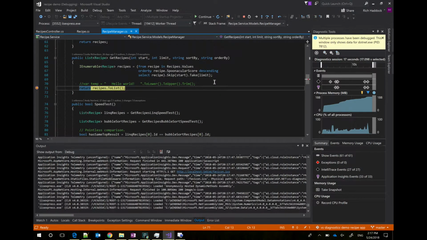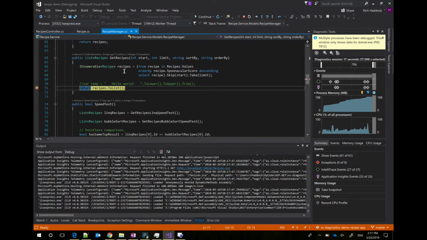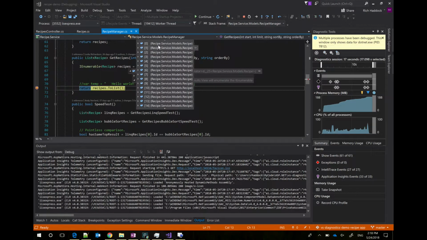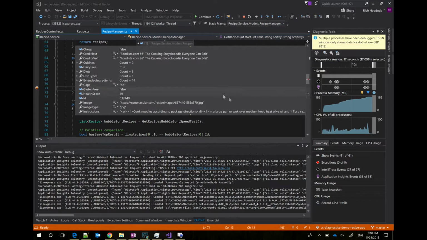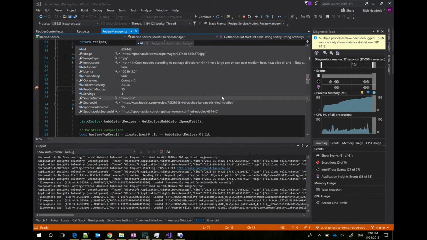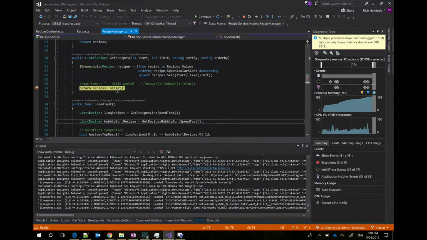All right, so I've hit my breakpoint, and if you're like me, recipes is an IEnumerable kind of thing. So if I hover over it, I can maybe dig into that a little bit, and there's the results. It's exactly what I want to see. And look at, well, that's kind of useful. I can see that there's at least 14 of them, maybe more, 15, and then if I'm really good with my mouse, I can click into those, and they're huge. So I don't need all this data. I just want to see which ones are populated and stuff. There's got to be an easier way to do this.